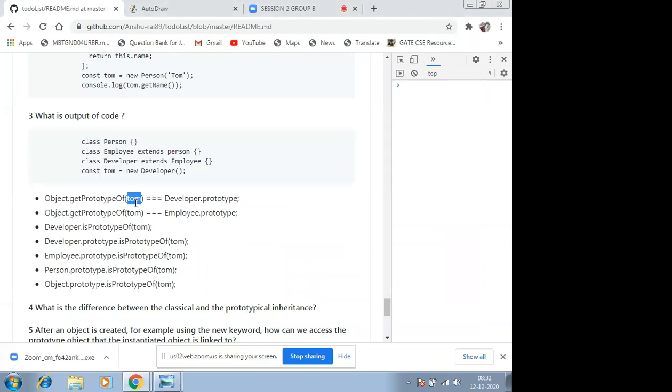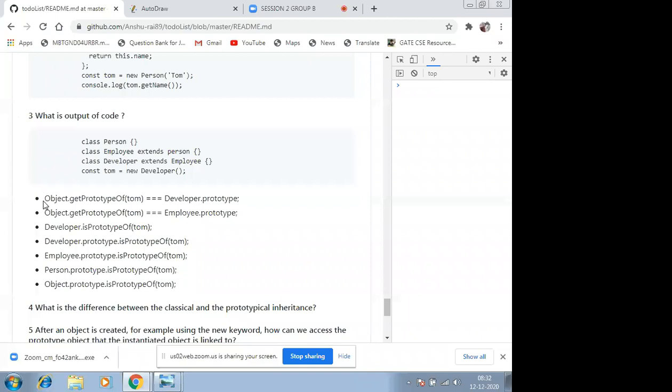So guys, when we try to access a prototype of an object, here my Developer is a class, right? And I'm creating an object of Developer. So this has created a new object, which is basically an instance of Developer, right?